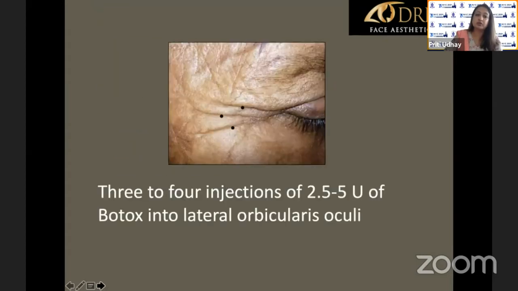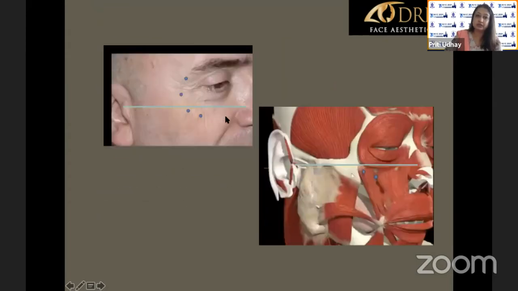When you come to the lower lid, make sure that you don't go below the Frankfurt line, that is the line joining the tragus and the inferior orbital margin, because then your zygomaticus major insertion is there, and if you inject that, you will have a lip ptosis, and that will create a problem with the smile. And also the orbicularis is a superficial muscle and the zygomaticus major is a deep muscle. So inject very superficial, inject diluted doses, inject very little quantity.